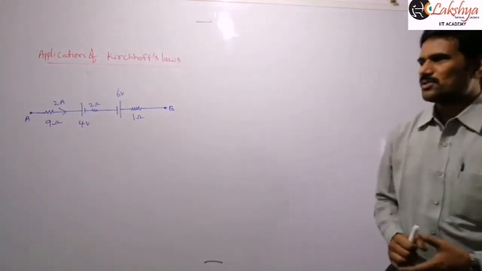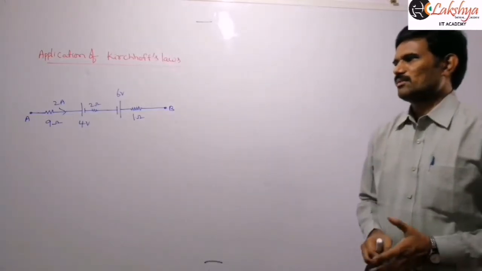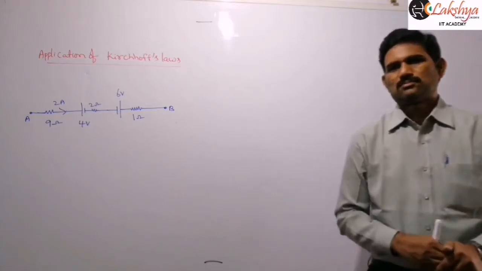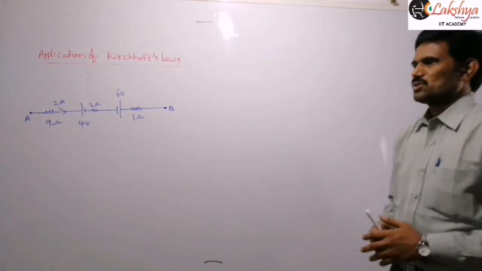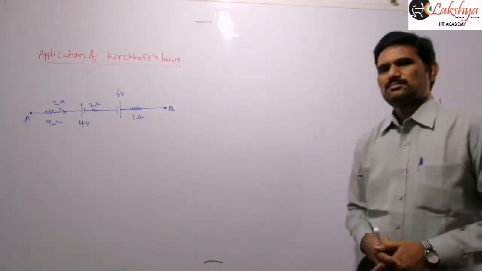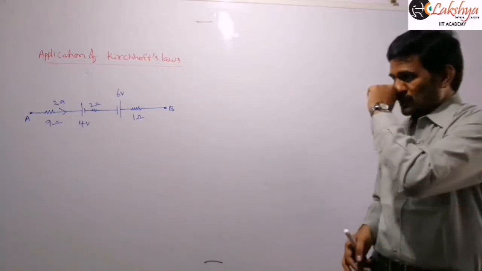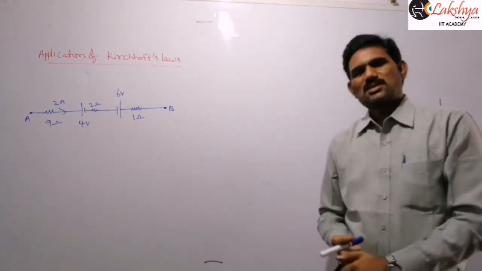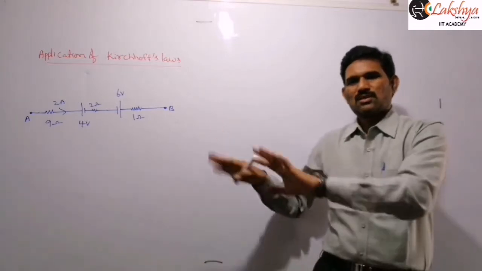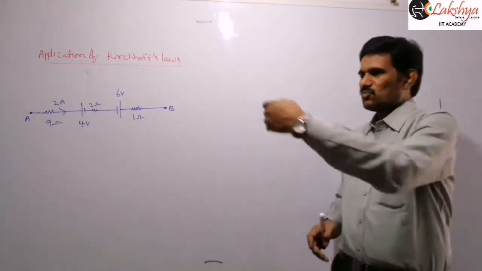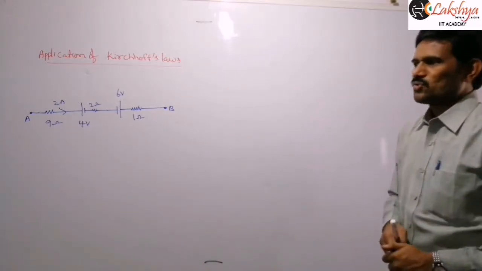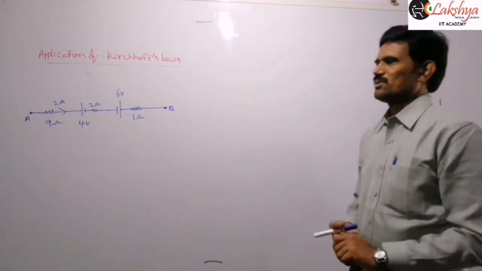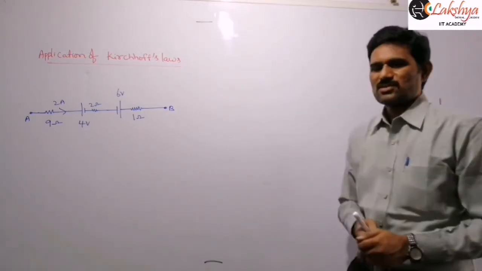Find the potential difference between A and B in the branch of a circuit shown below. That means here the total circuit is not given, right? Only a part, an open part, is given here. It is actually a part of a circuit in which a current of 2 amperes is flowing. Now we need to find the potential difference between them.